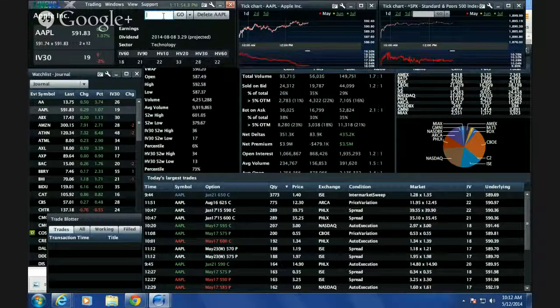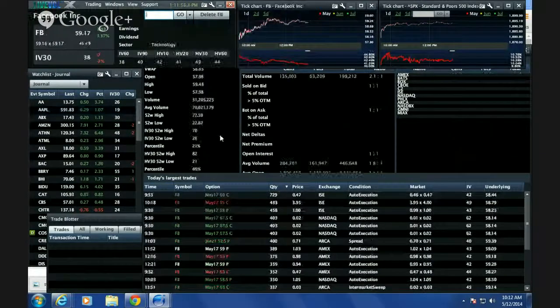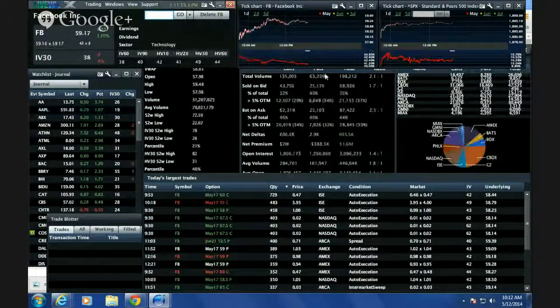Let's look at Facebook. Also heavily calls versus puts. Looks like this 2 cents is, I don't know, probably covering or something like that. But also again, 2-to-1 calls to puts. More calls are being bought on the ask, and 34% of them are 5% out of the money. So it looks like there's some positive